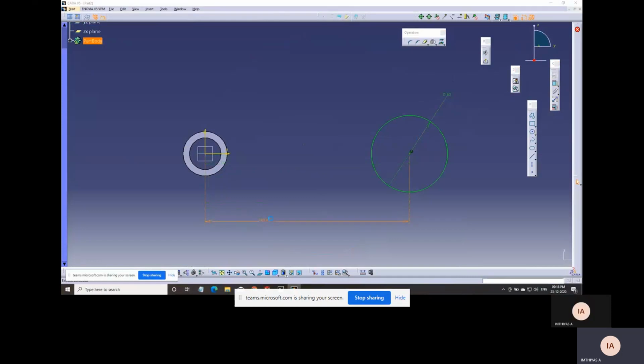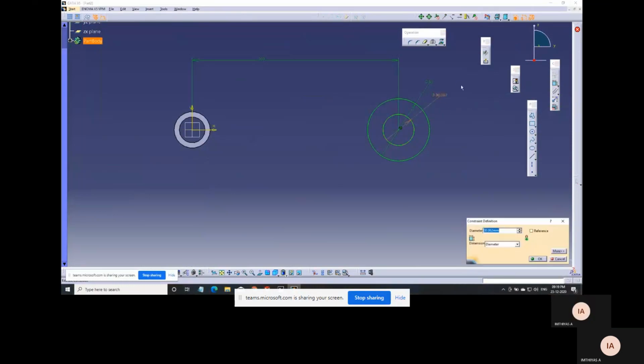Center to center distance 200 mm. Another circle is of dia 50.